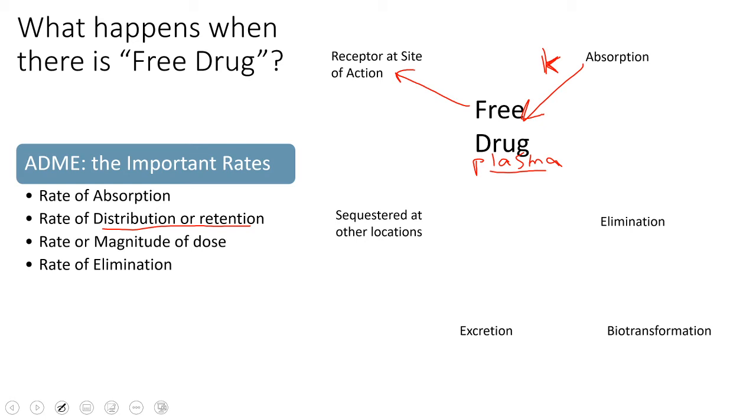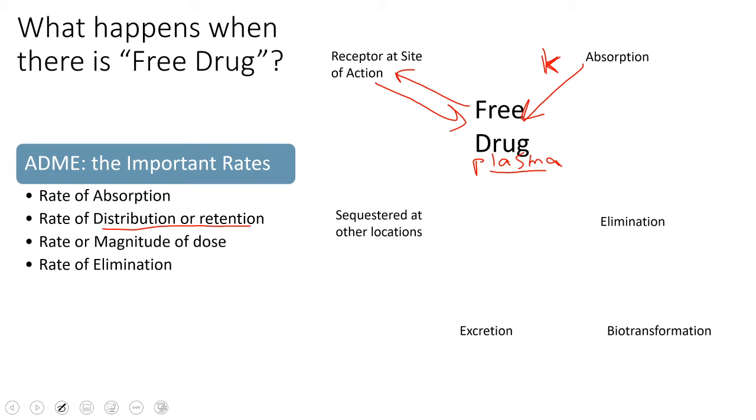Say the site of action is in the liver, then it is no longer free drug as it is bound to whatever receptor it's a ligand for. However, the ligand or the drug can also pop off of the receptor and be put back into the system